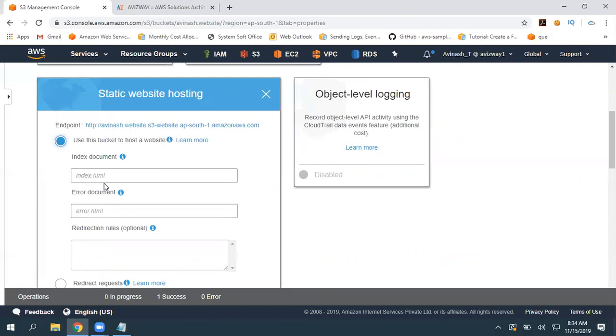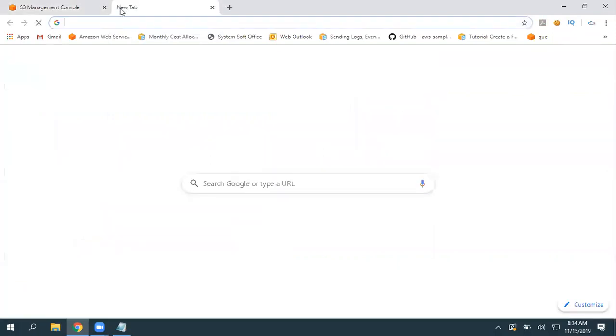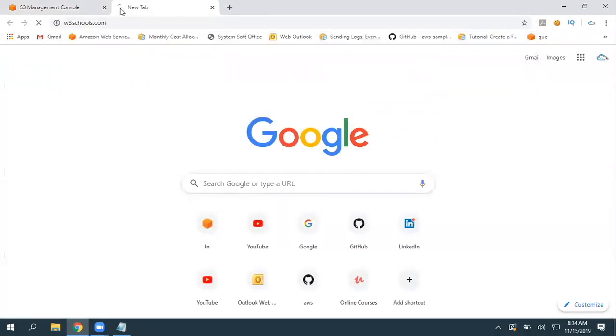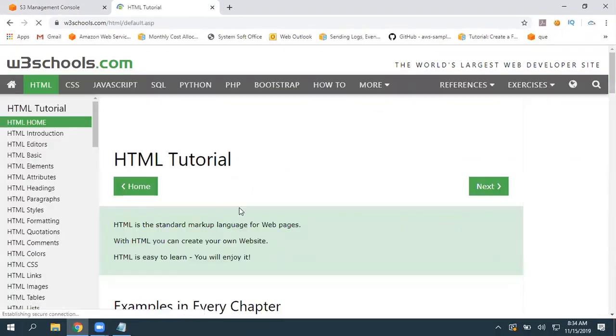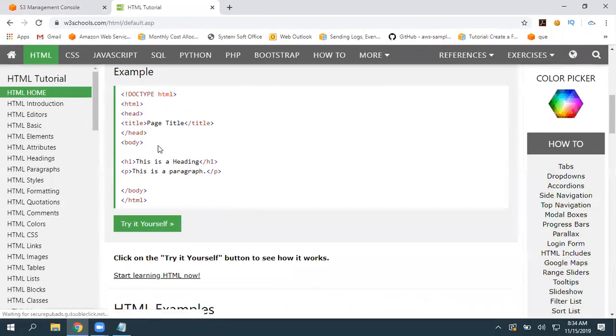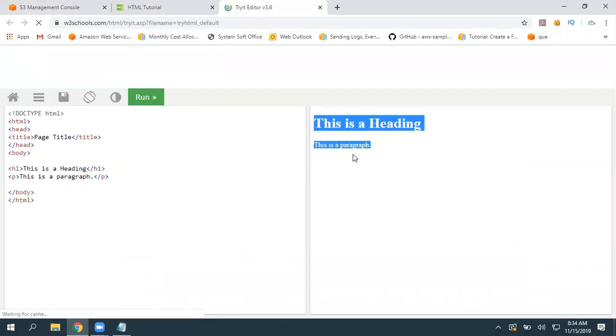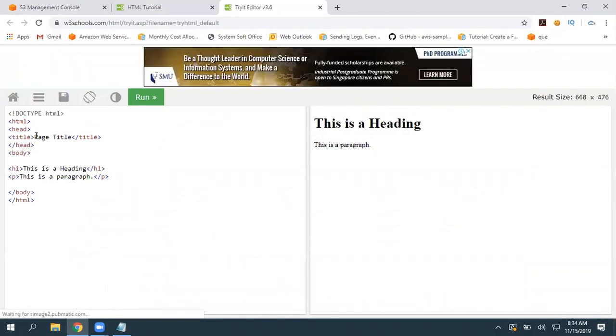Let's quickly create a couple of web pages. Again, we are not that good at HTML. W3Schools is there for us. Go to W3Schools and pick any simple HTML, for example, Learn HTML. This is a small introduction. Click on Try it yourself. On the right side, this is the output. Here is the page title. You can give, okay, this is my static website.